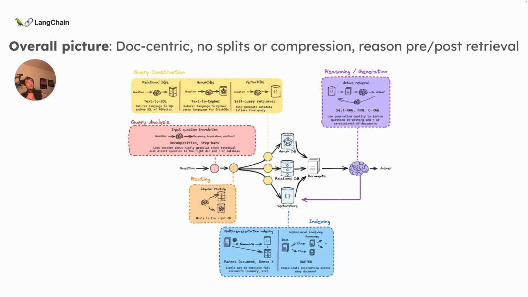Those are all interesting and relevant parts of a RAG system that I think we'll see more and more of as we move away from a naive prompt-response paradigm to a flow paradigm. We're seeing that already in code generation. It's probably going to carry over to RAG as well, where we build RAG systems that have a cyclic flow to them, operate on documents, use long context LLMs, and still use routing and query analysis. So reasoning pre-retrieval, reasoning post-retrieval.